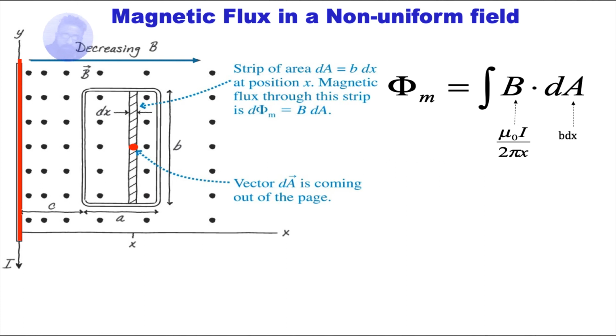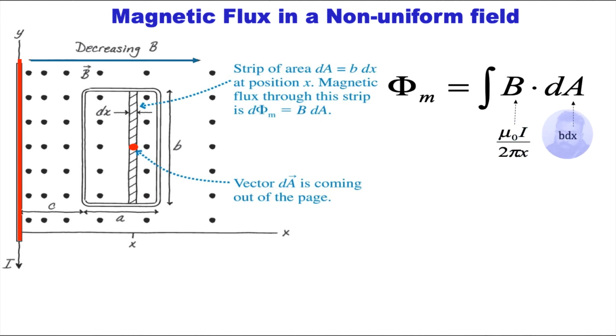Now, the magnetic field in our case is given by a wire with a current running through it. This is depicted in red here. And so this is the source for the non-uniform magnetic field. Remember, when the current is generating a magnetic field, it drops off as 1 over the distance. So we have the magnetic field going as mu naught I, which is the current, divided by 2 pi times